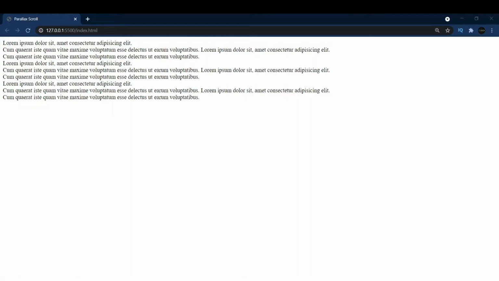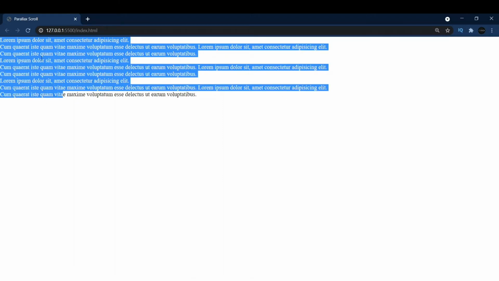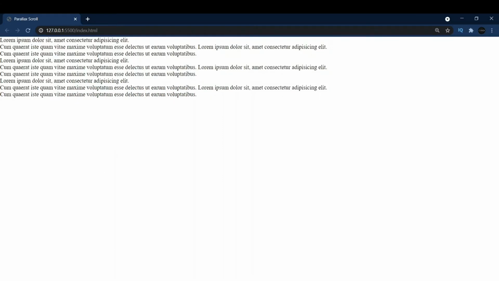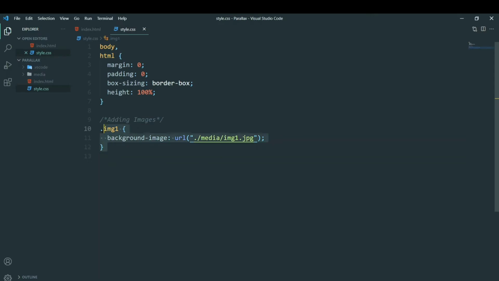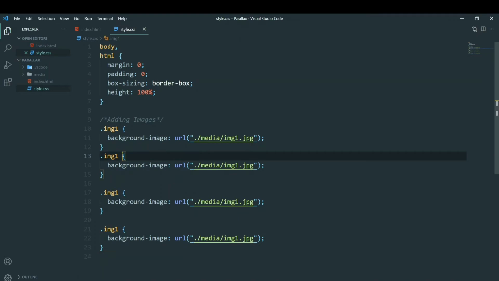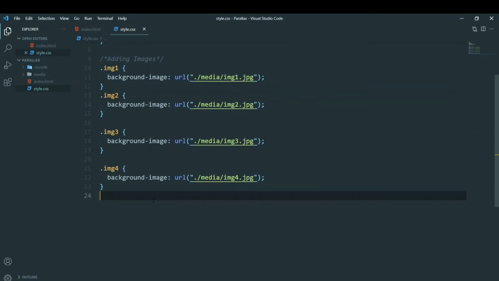Let's check if our image is being added. Now the image won't be displayed. Why it won't be displayed, I'll tell you. Now let's just copy this and paste it 3 times. So we'll change it to image2, here also image2, here we'll have image3, image3 here also, and then 4, and then 4. Now we have added all the images. This is how you add images in CSS, but still it won't show up. Why?